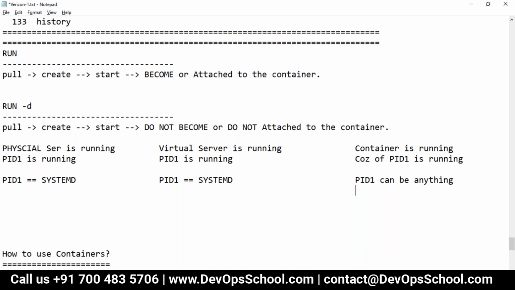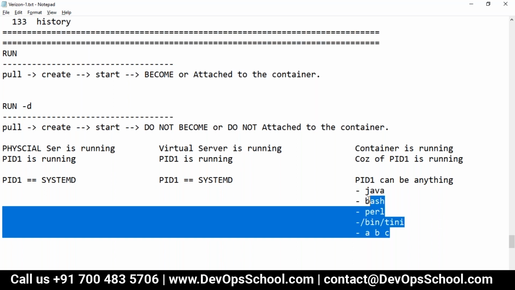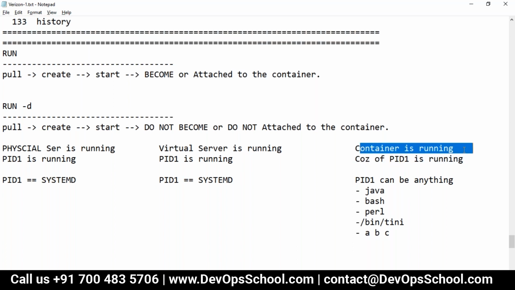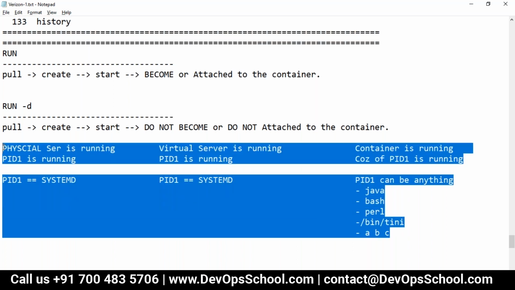Anything means anything, such as Java, Bash, Perl, Jenkins guys use Bentini, A, B, C, anything. As long as this anything is running, your container is running, PID 1 is running and container is running. So would you remember this concept all the time?